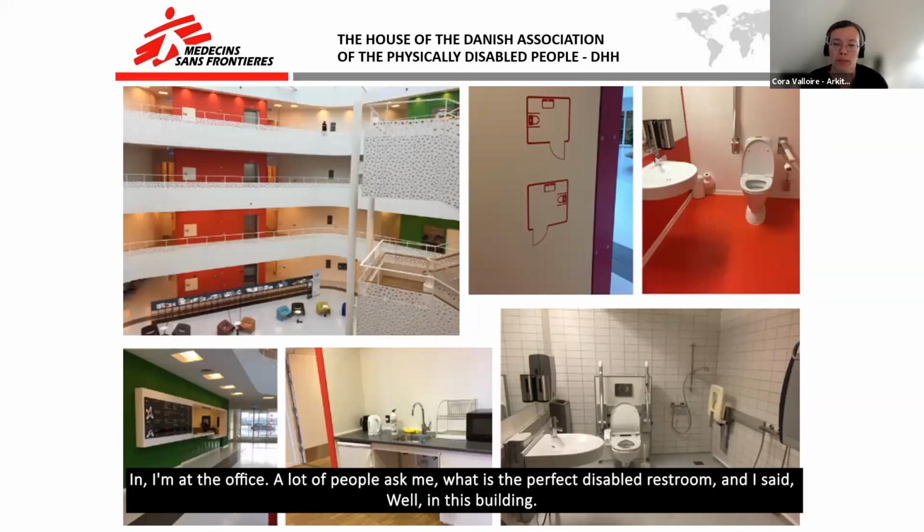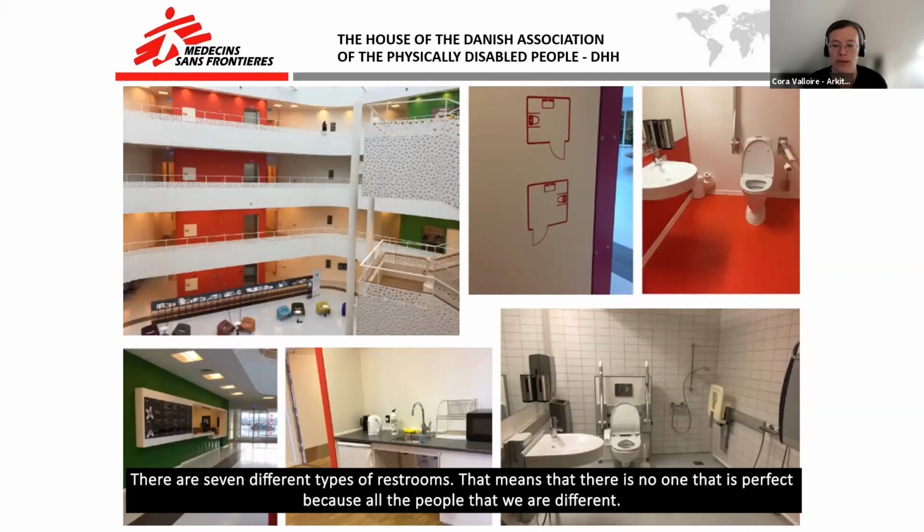A lot of people ask me, what is the perfect disabled restroom? And I say, well, in this building there are 7 different types of restrooms. That means there is no perfect one, because we are all different.